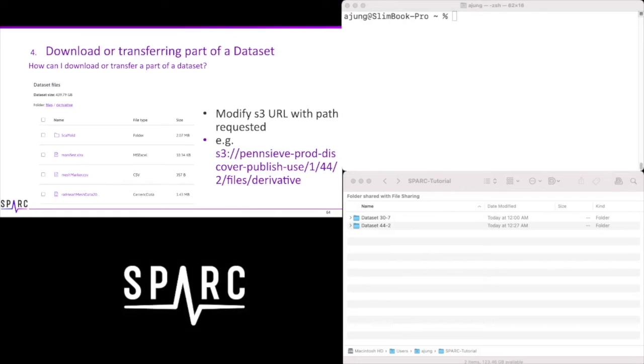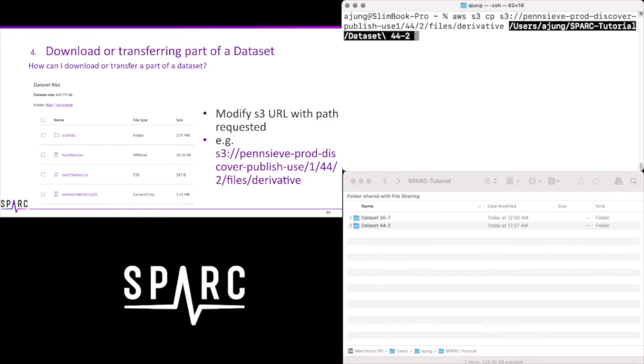In this example, we will copy to our local computer. Type in the following command: aws s3 cp for copy, the dataset S3 URL, followed by the path to the files or folder that you wish to specifically download. In this case, files/derivative. Type in the local path where you want to download it to your computer, and end again with